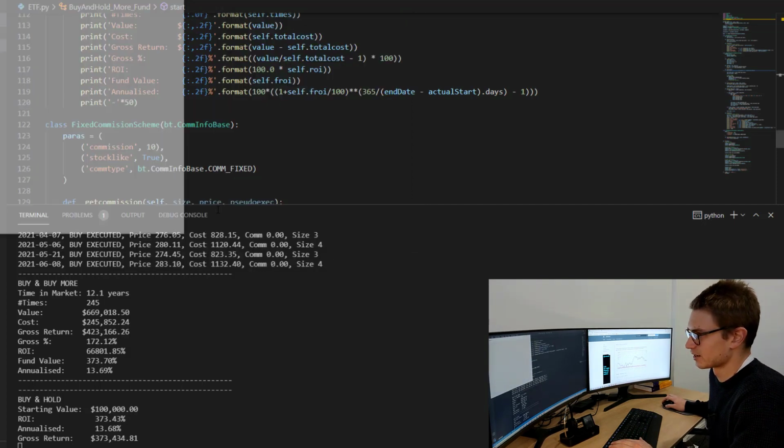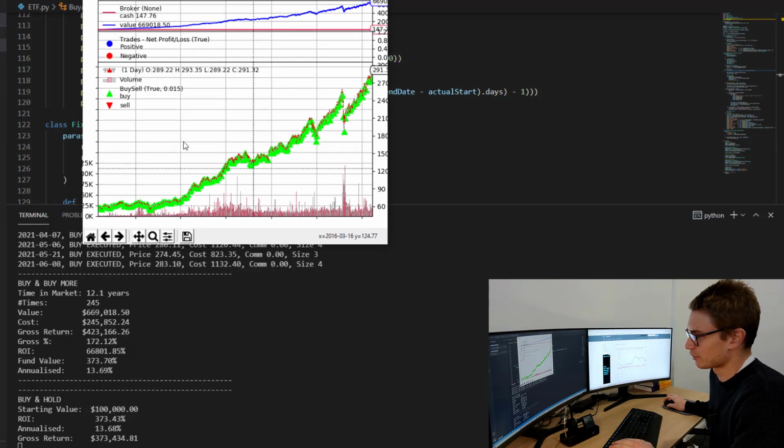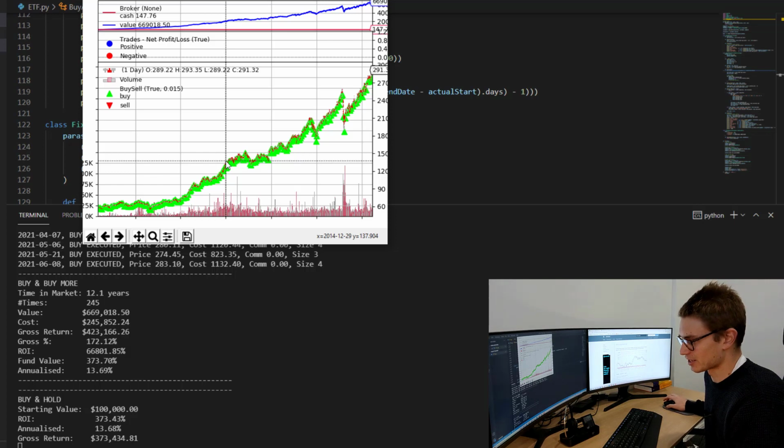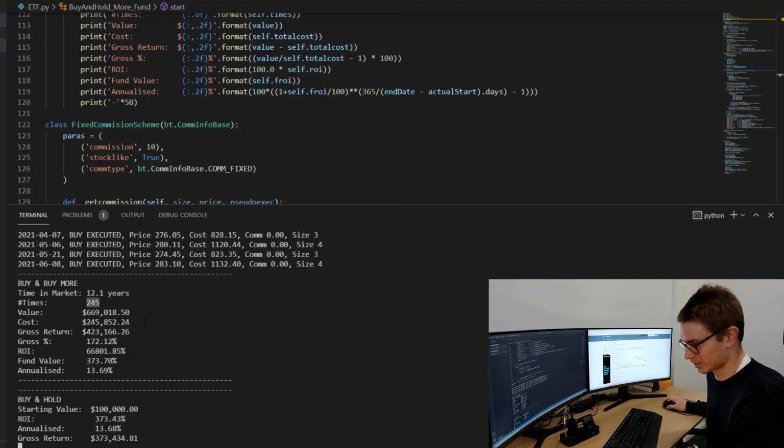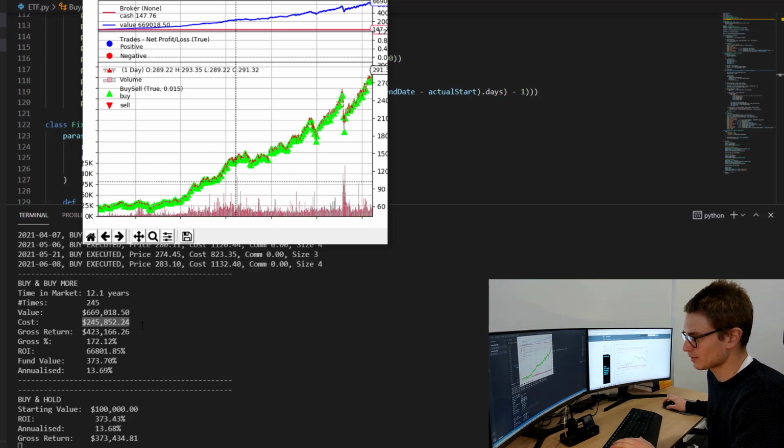Now, as you can see, with the averaging in, buying twice a month, $1,000 each, over the 12.1 years, we've invested 245 times. Now, each of those values is about $1,000, including the initial $1,000 value. We have some cash left in our account, which is okay. And don't forget that we've added brokerage in each of these times. So the gross return is about